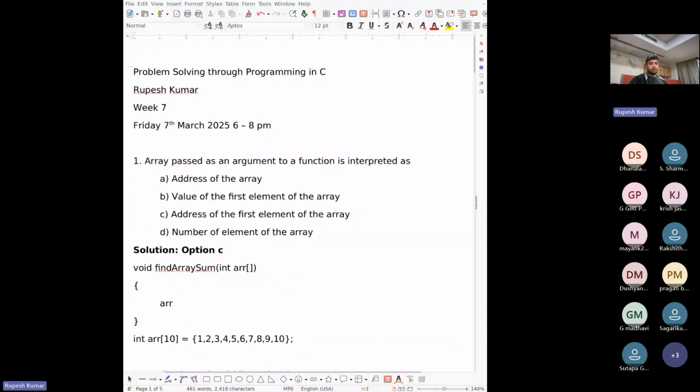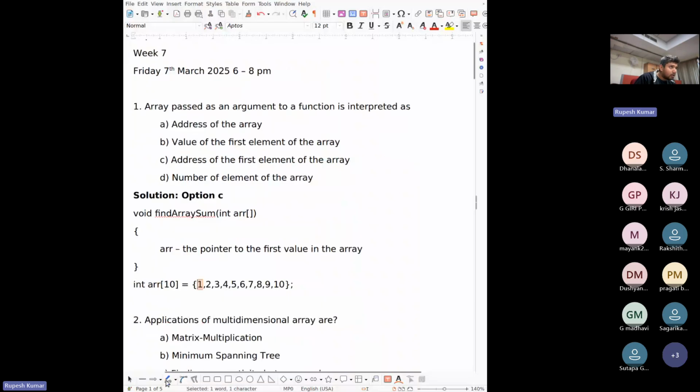Everyone, is this clear? Does anyone have any doubts? So basically, what does arr contain here? The pointer to the first value in the array. It contains the address of this value 1. If you have any queries, please type in the chat box.